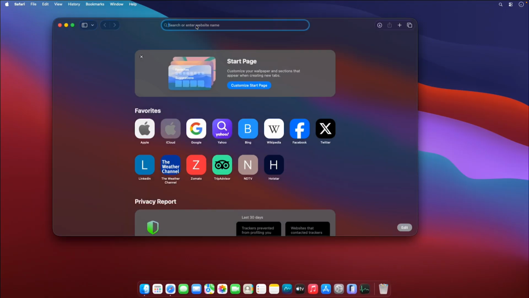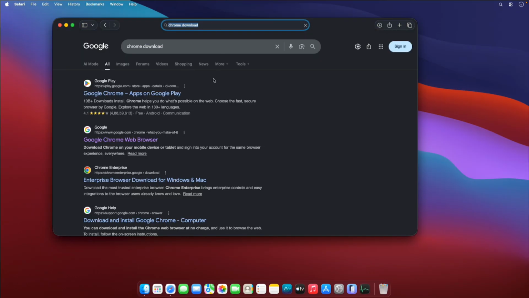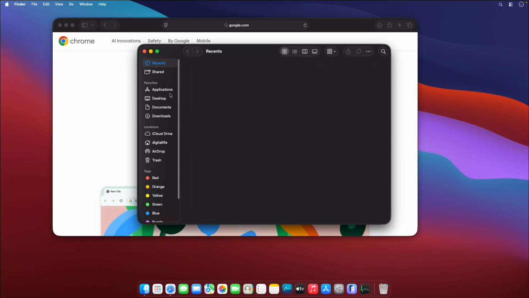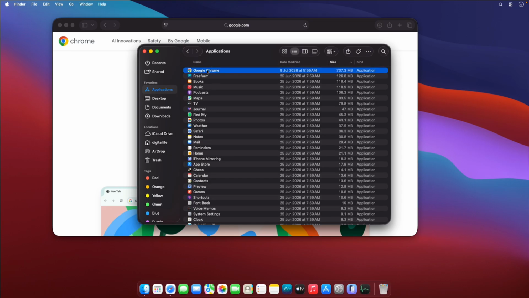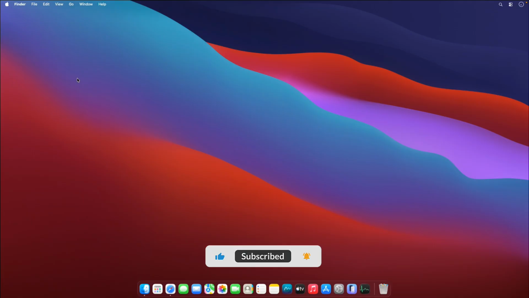So what you need to do is go to google.com and search for Chrome download, and download Chrome for your Safari browser. Once it is installed, it will appear in your applications and it will be appearing here. So if you want to switch to Chrome as a default browser, what you need to do is